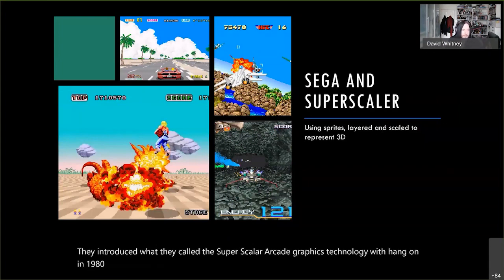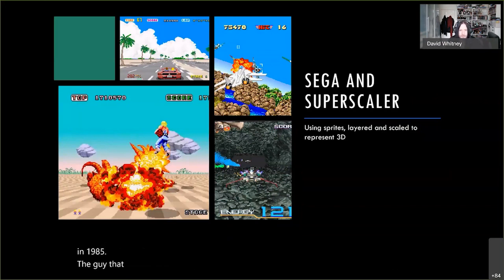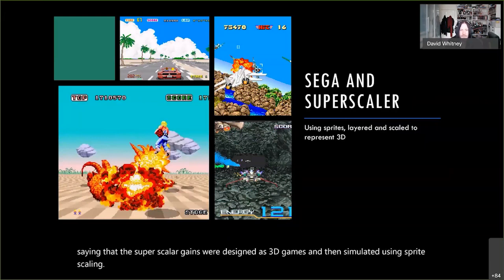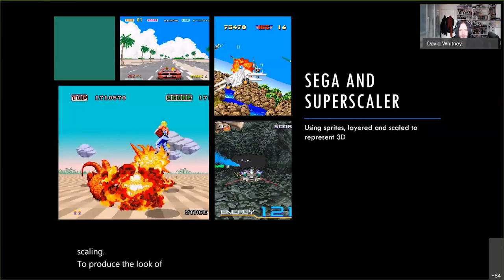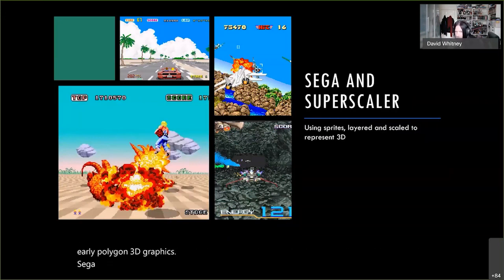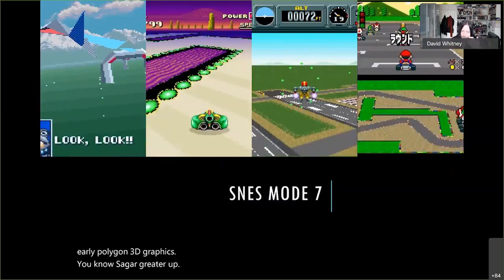The guy that designed these boards, Yu Suzuki, very, very famous Sega designer, is quoted as saying that the Super Scaler games were designed as 3D games and then simulated using sprite scaling to produce the look of texture-mapped 3D. And as a result, they looked way more impressive than early polygonal 3D graphics. Sega were great at art. In fact,